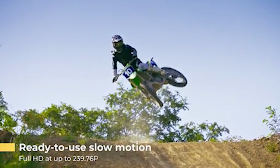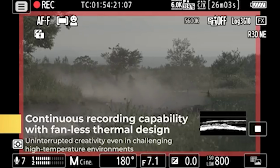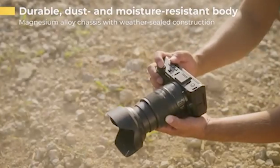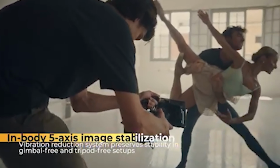Because the Nikon Z6 Mark III and all of the other main mirrorless bodies from Nikon, they all have full-size HDMI, and micro HDMI is potentially less reliable than something which you could use on, say, a full-size HDMI. The other one is the ergonomics. But just to finish on the HDMI,